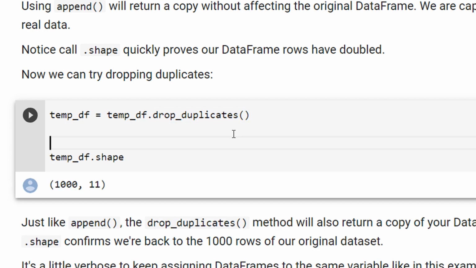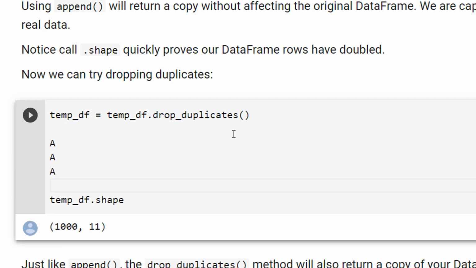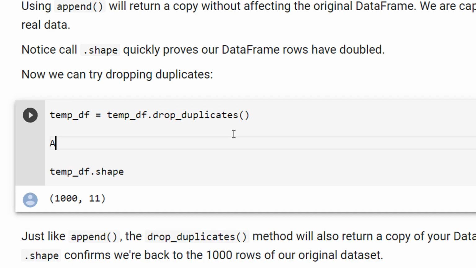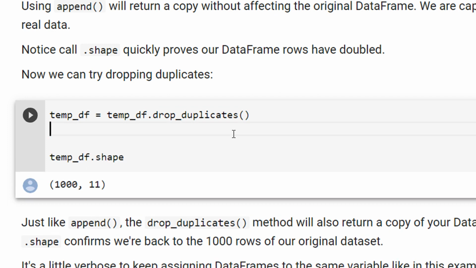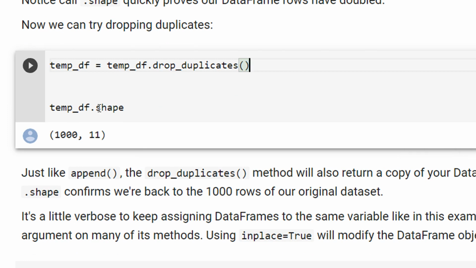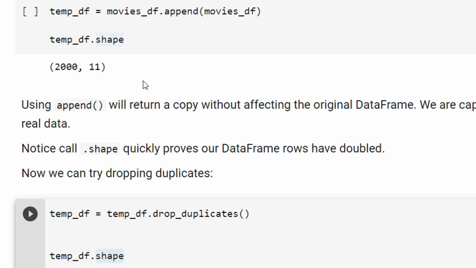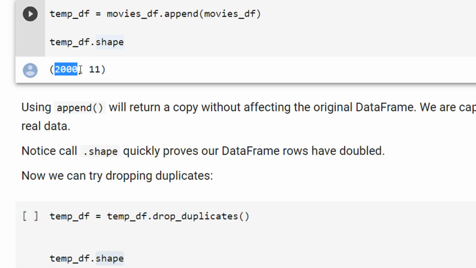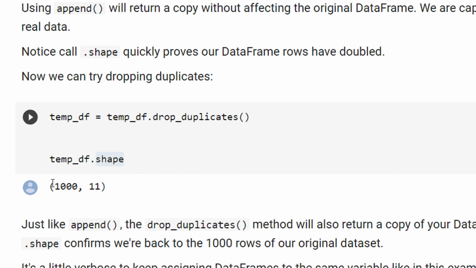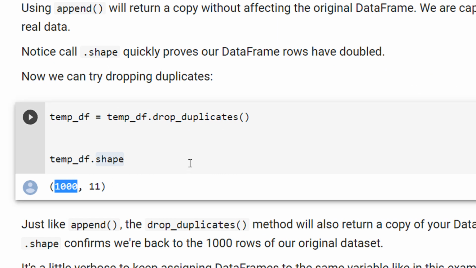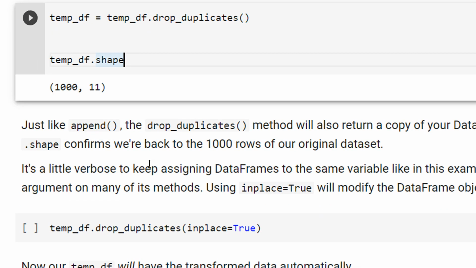For example, if you have A, it will remove these duplicates and keep a single A. Now I use the function drop duplicates, and when I check the shape, it is 1000 by 11. Of course, because in the appending we just copy pasted 1000 values. Now drop duplicates removed those 1000 values and brought back our original dimension. So this is how easy it is to drop duplicates using the pandas library.